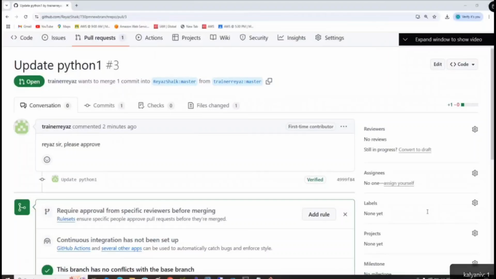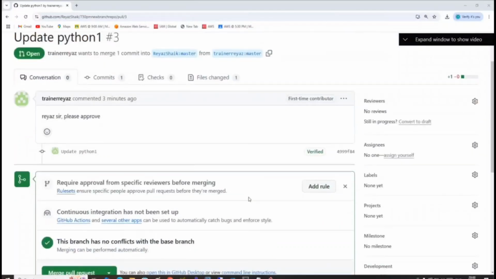If I merge it and something goes wrong, the entire master branch is gone, or not? So I need to be very careful. And if I am lazy, I will not be opening, checking or reviewing it at all. I'll take my own sweet time. That's why people will come to me saying, sir, please review my code. You need to follow up with the manager for the approval. Yes or no? So okay, now if it is okay, click here,